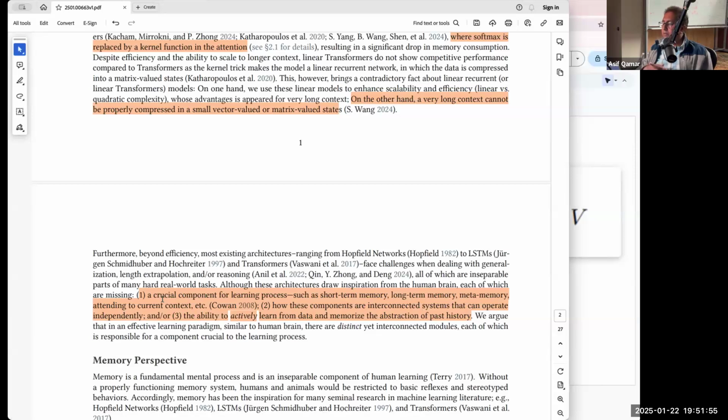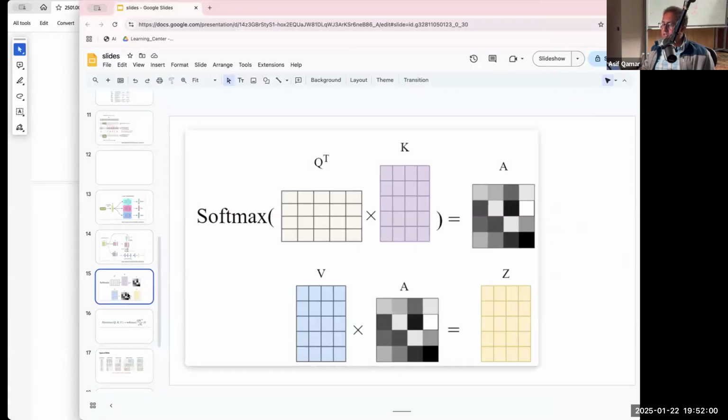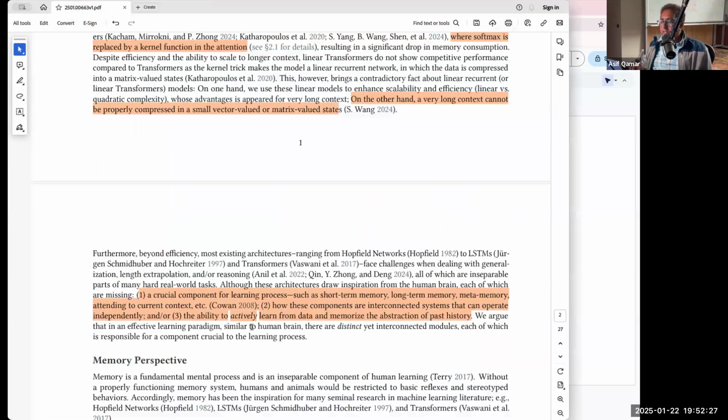All right. And then finally, this paper is introducing something called short-term memory and long-term memory. When you look at this kind of transformer-based architecture, I don't think we see the notion of short-term versus long-term. It's all the same here, right? There is no separation. Whatever the context has, it can have short-term information or long-term information. All of them go into this attention equation, the matrices associated with that. There is no notion of short-term, long-term, things like that. So that is exactly what this paper is trying to say.